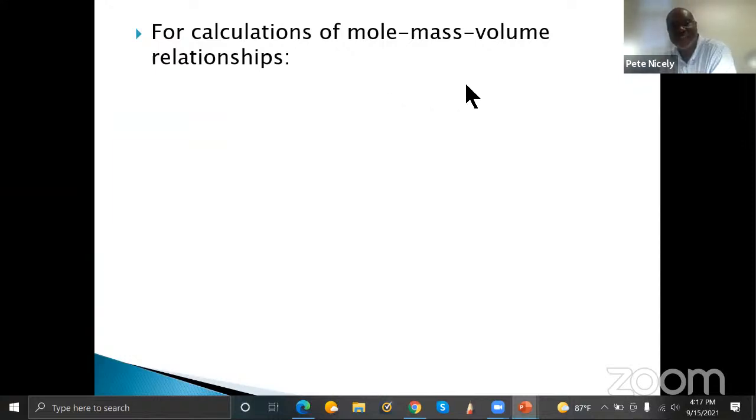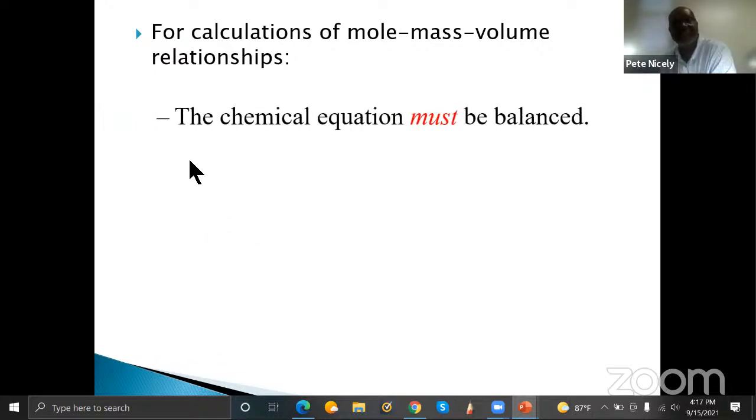So what we're going to look at are calculations which looks at these relationships between mole, mass and volume, all right? So the first step in this process, whenever you're doing these types of problems, is that you need to determine the chemical equation, and that equation must be balanced, right? It makes no sense that you proceed with the rest of solving that problem without starting off with a balanced equation. And that's the reason why